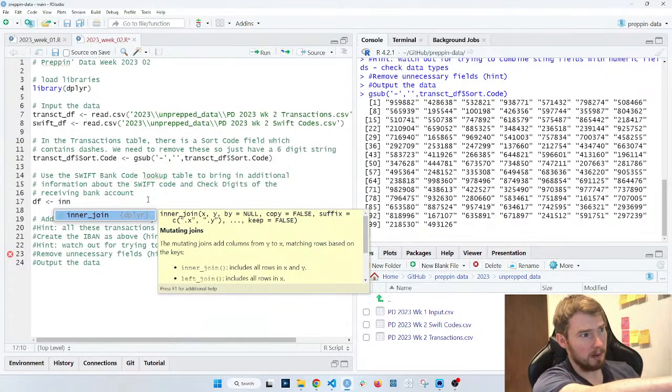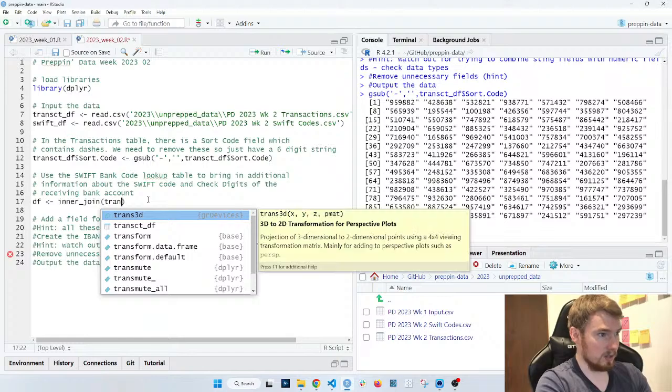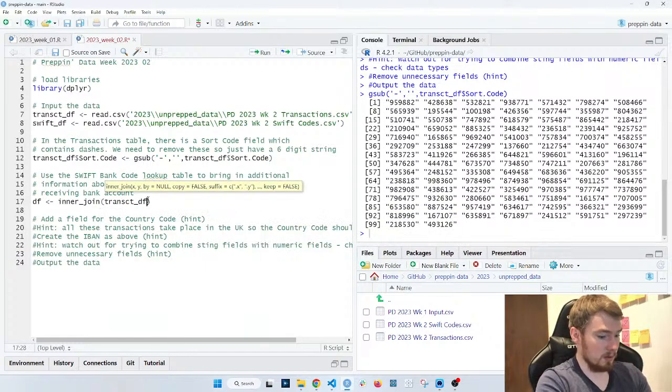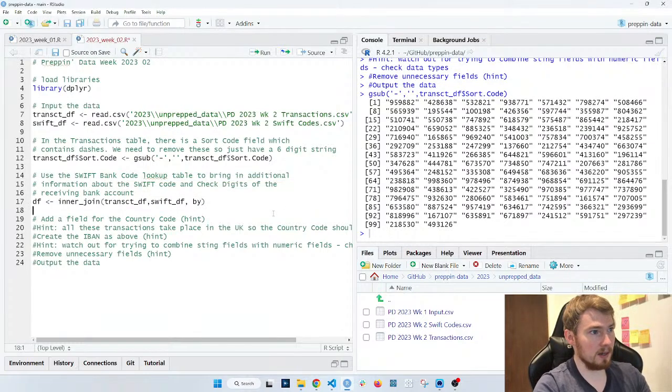You can see here it's coming from that dplyr library. I press tab, and again it gives me the instructions on what to do. So I'll put in my two data frames here: transact df, and then Swift df. Then I've got to define by in this case. I can go over to the terminal and have a quick look at the data frames themselves.